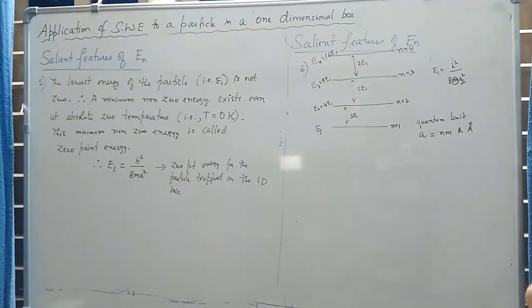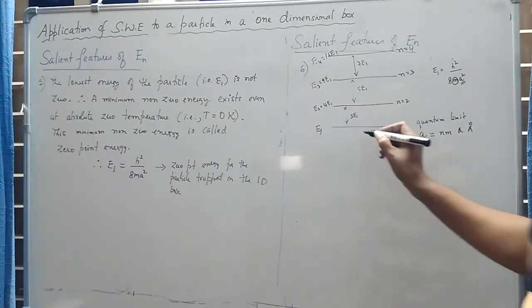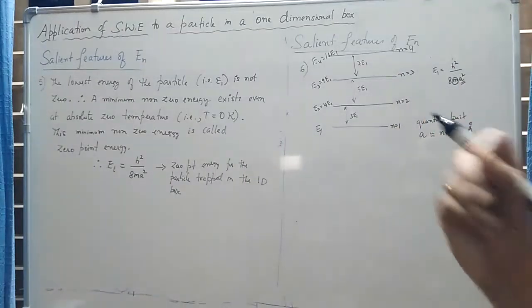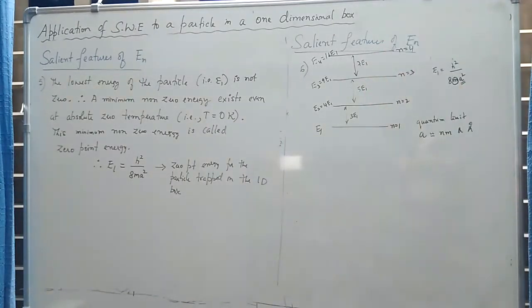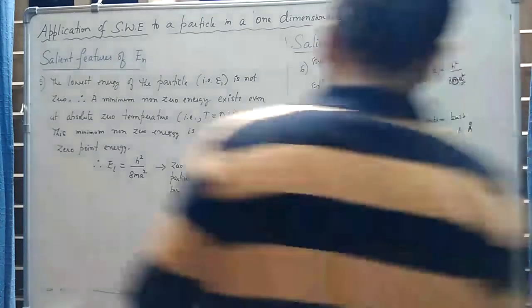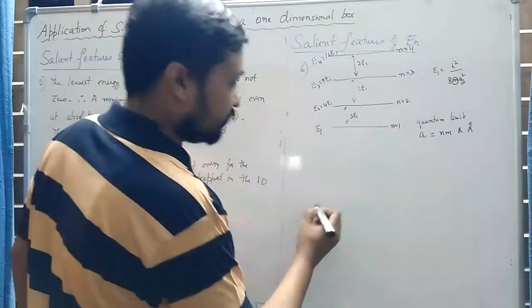So what happens to the value of E1? The value of E1 significantly drops, because there is a large increase in the value of A. So in such case, E1 is very small. So the spacing 3E1, 5E1, 7E1 becomes very small. So in such case, what happens is, when A is very very large,